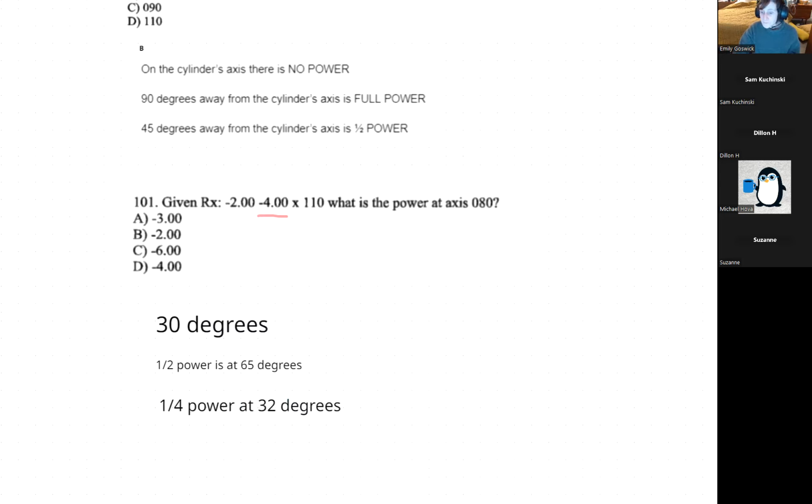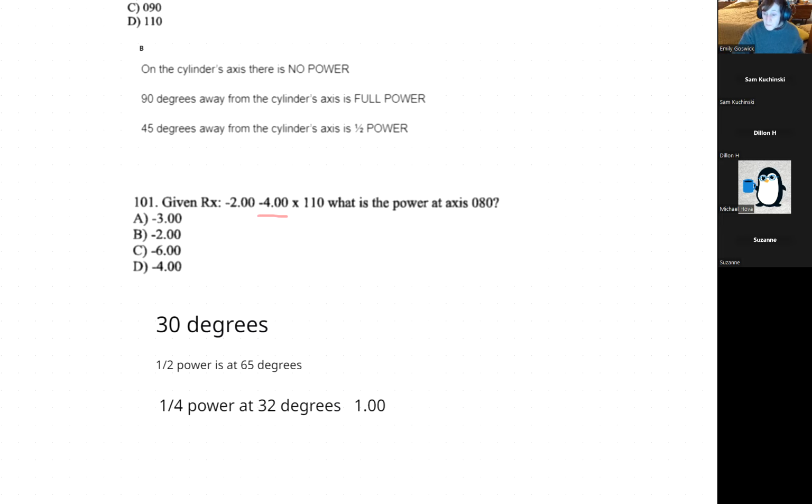Because 1/4 of 4 is going to be 1 diopter. Okay, so if we say 1 diopter is going to be the power. I'll put this next to here so that we know that it's referring to this, but a quarter power is at 32 degrees, and that's going to be 1 cylinder power, right? So if we were to figure out, okay, what is that power, this Rx would now be